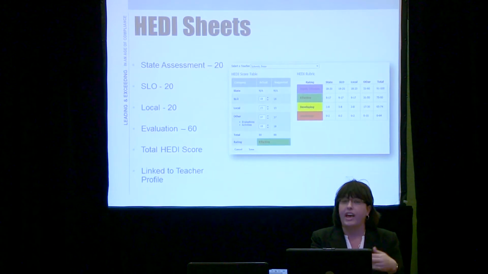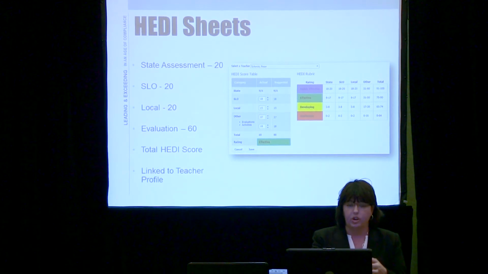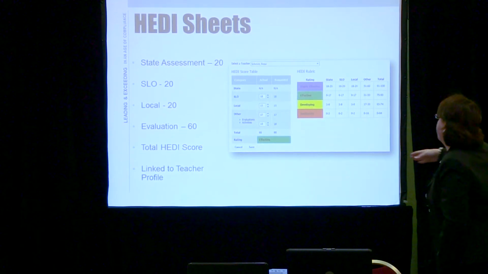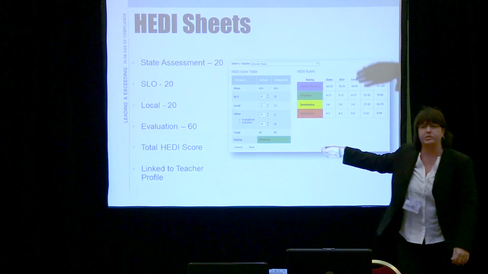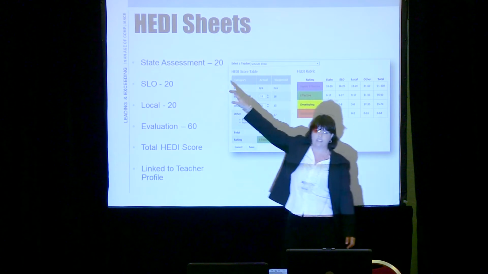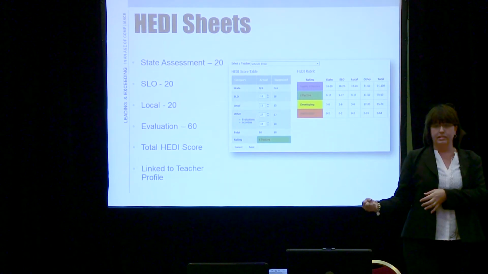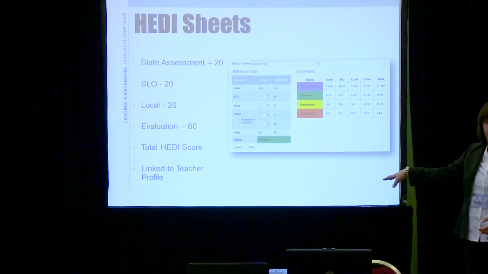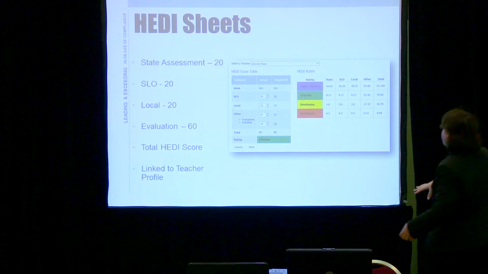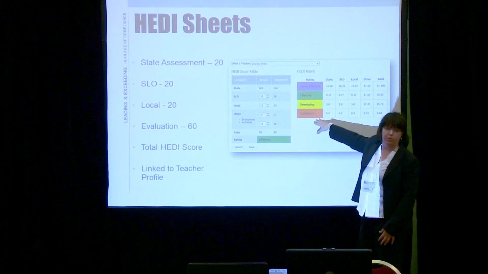We'll also have heady sheets that will be auto-populated based on what you're storing with us. So you can see this adds up to 120, and some people off the bat might be saying, Emily, that's supposed to add up to 100, but a teacher's either going to be an SLO teacher or they're going to have those state assessment points. Because we're storing state assessments and because you can store your SLOs with us, we'll auto-populate all that, and then based on your rubric and your criteria, you'll have this here,